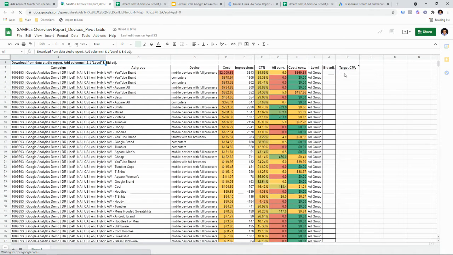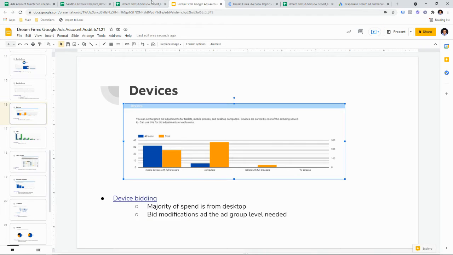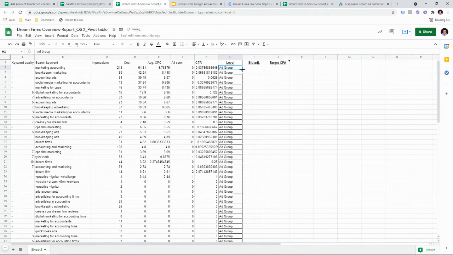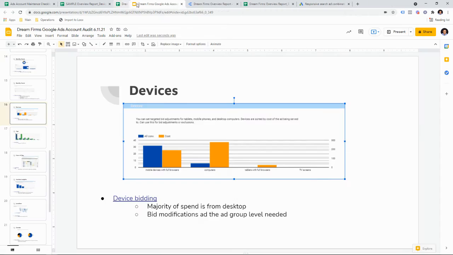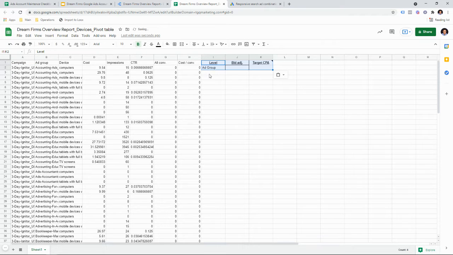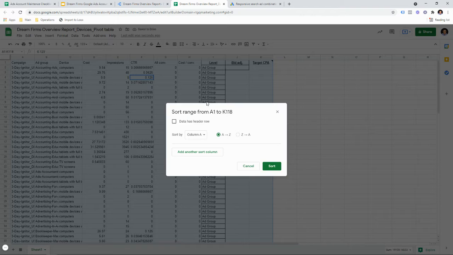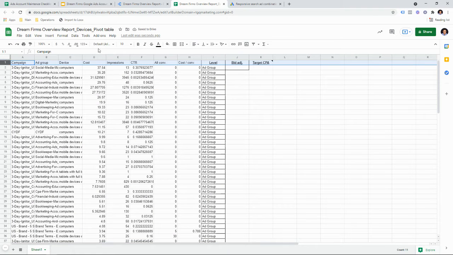You're going to want to grab these three. Paste them in here. This is going to be at the ad group level. And there's not necessarily a target CPA yet. There's no target CPA yet, but if there is one, you want to sort by cost, and then you'd essentially